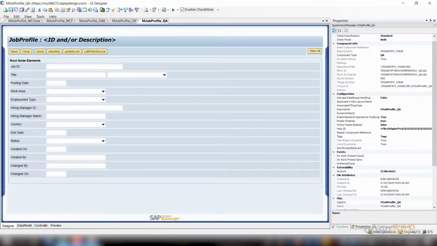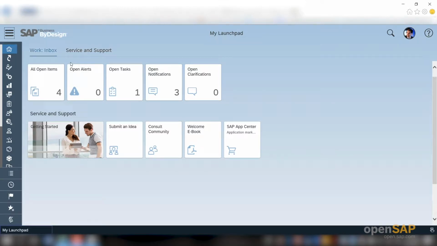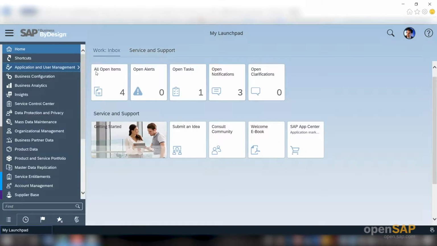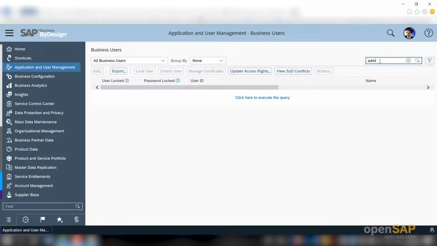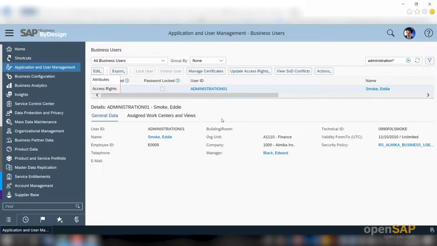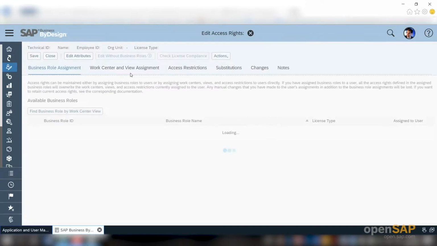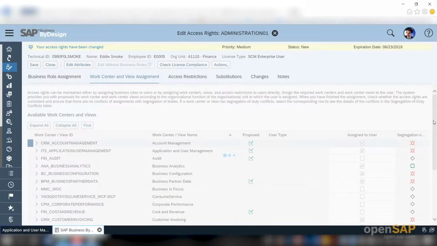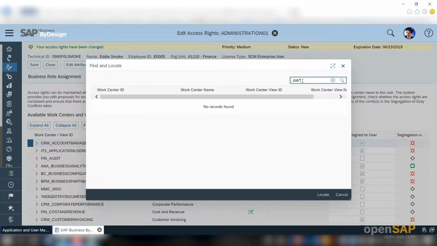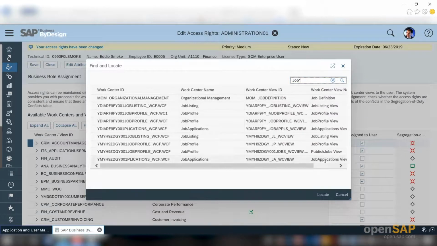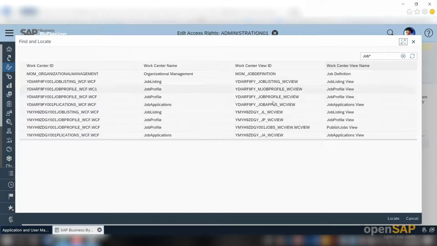Now let us assign this to your business user. I have logged in as administration 01. Let me quickly go to the application user management, business user, and assign this work center view to administration 01 user. I go to access rights, search for job, yeah, you see that.